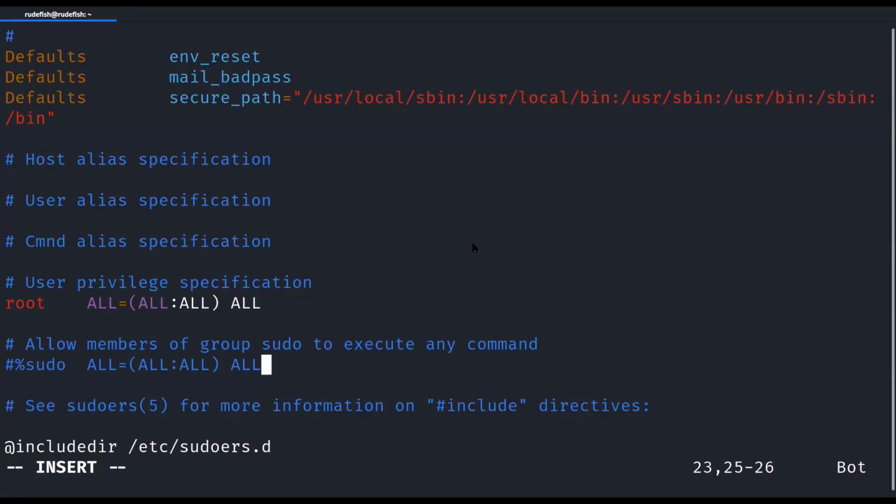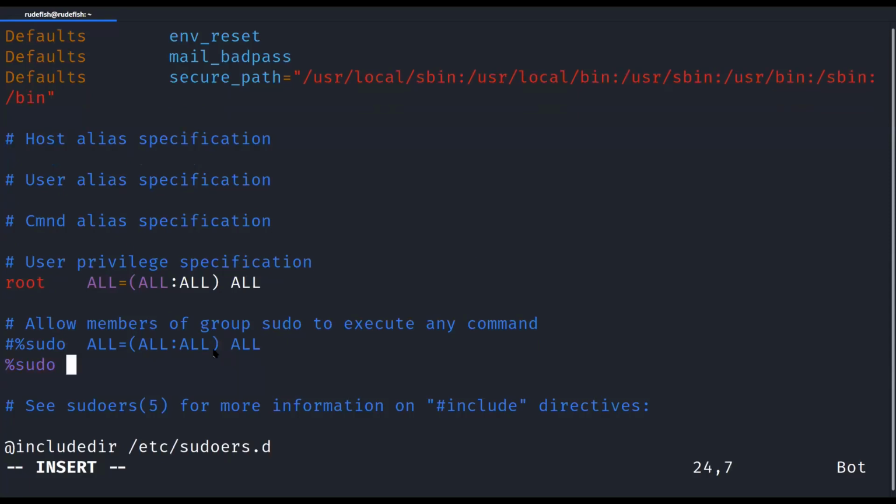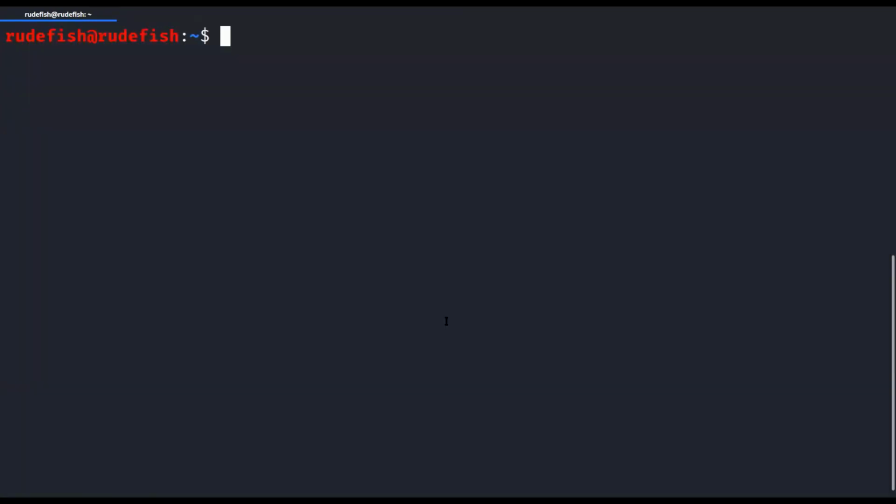Instead of letting them run all commands, you specify the command you want them to run. If you want them to run just cat, you can say /bin/cat. Now if we save this, the command is visudo, so we do sudo visudo,